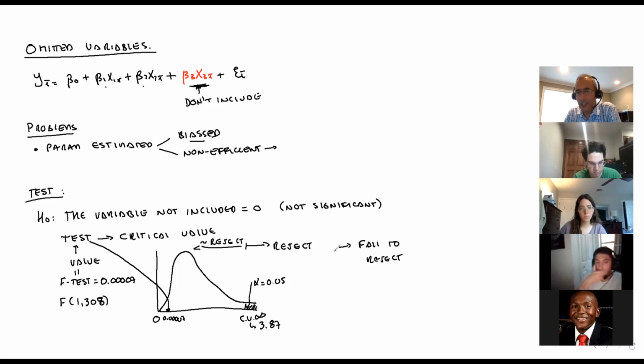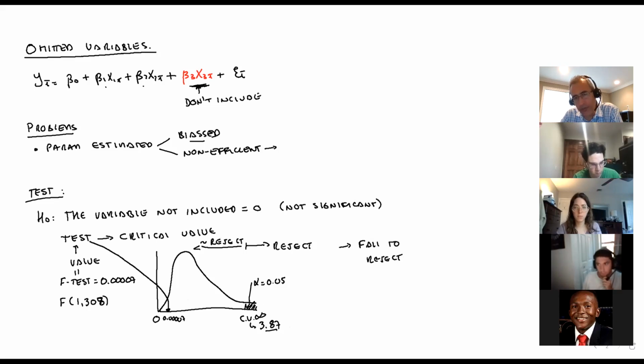Also, remember, this implies a lot of work. Do you agree? You need to go to Excel or to another program and find the critical value, etc. But you don't need to do that. What you need to do is simply take a look at the p-value, and the p-value always follows the direction of the